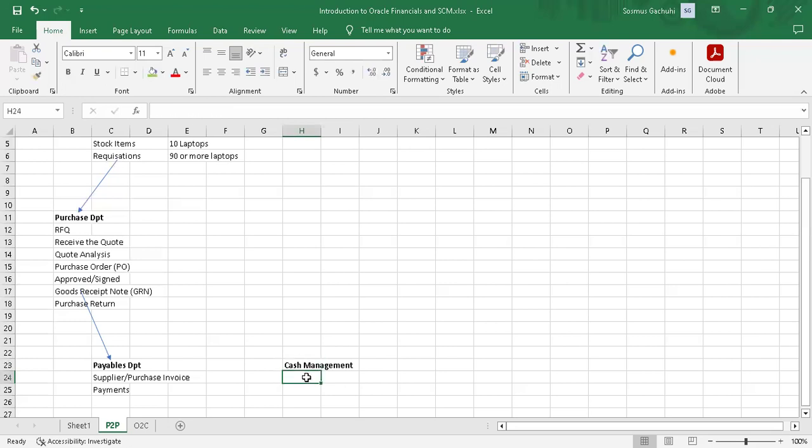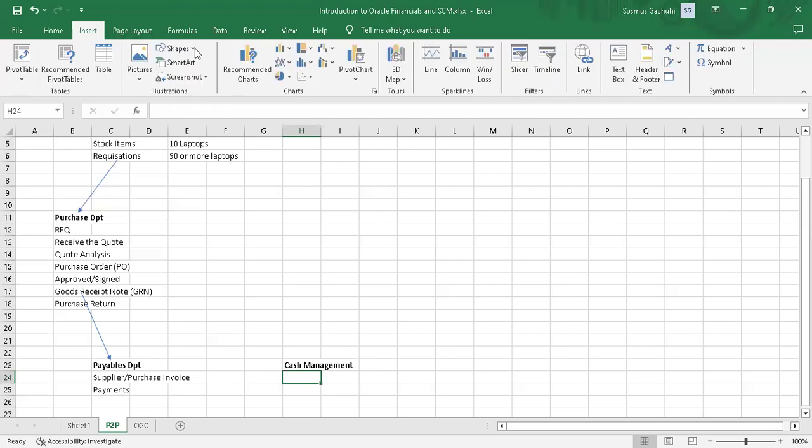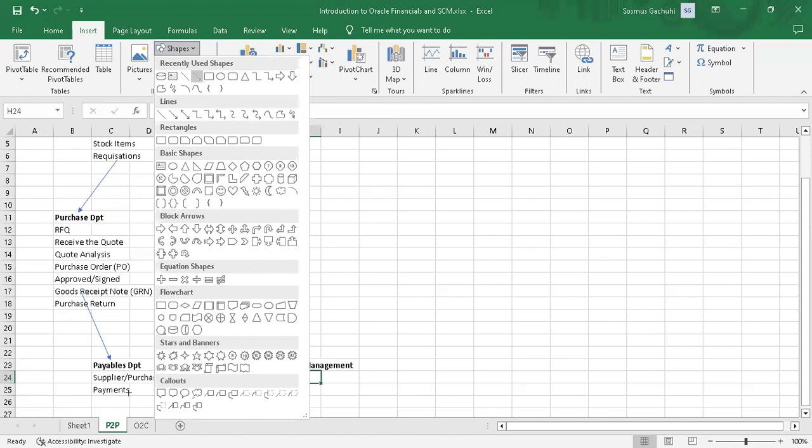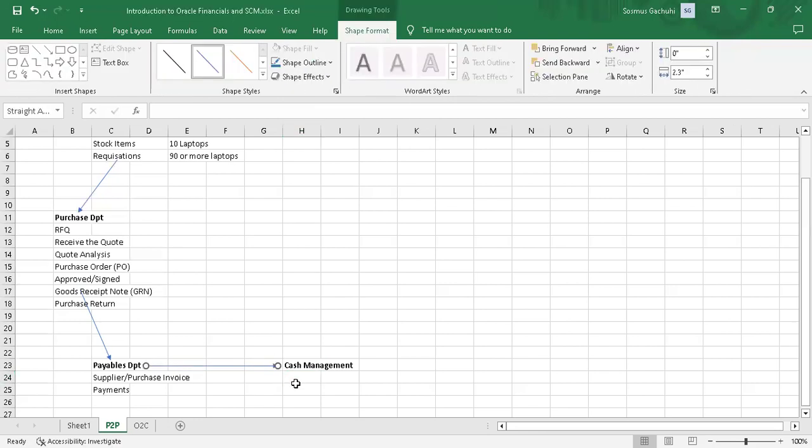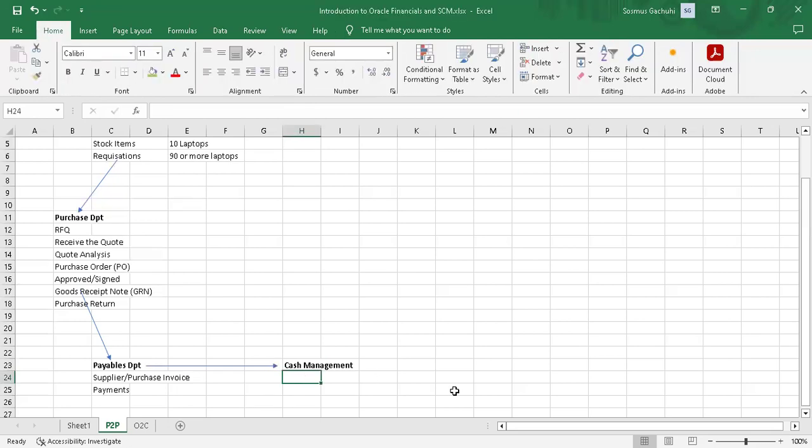Under cash management, there will also be communication between payables and cash management. This is because the moment there is payment of a supplier, there must be cash moving from the bank of an organization. So what happens is under the cash management department, let me call it the cash department, there will be a primary goal, there will be bank account maintenance,